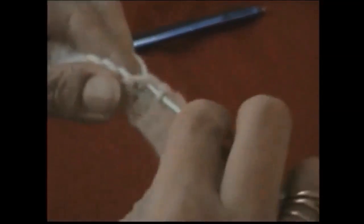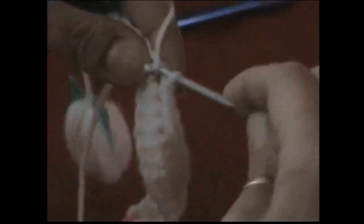1, 2, 3, 4, 5, 6, 7, 8, 9, 10, 11, 13, 14, 15, and then your last stitch, hook through, yarn over and pull it through,